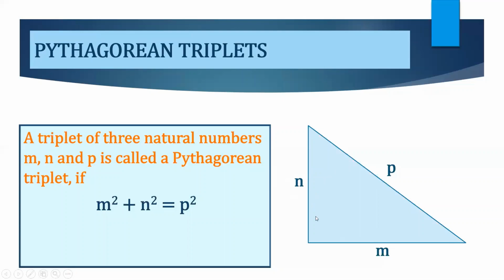Now, where and how we are going to use it, and why we are discussing it here in this chapter of square and square roots. Because we have squares over here: square of base, square of hypotenuse, and square of height. This shows the relationship between the dimensions of hypotenuse, base, and height. So if we are aware of any two measurements, then we can find the third one.